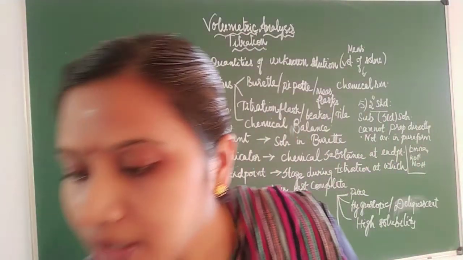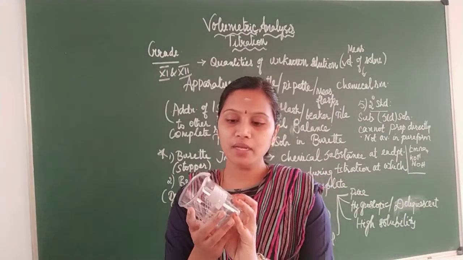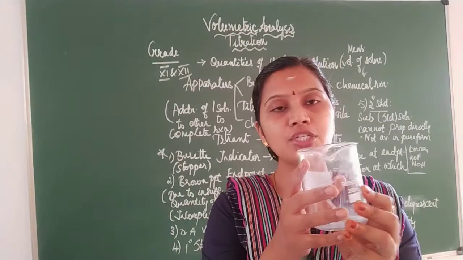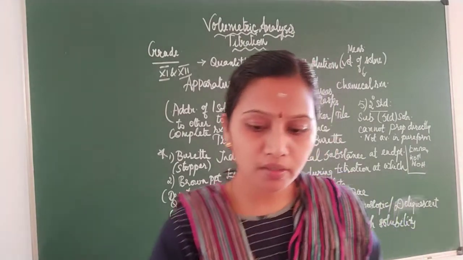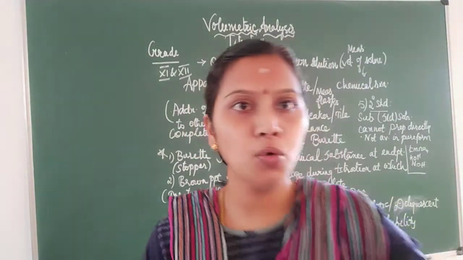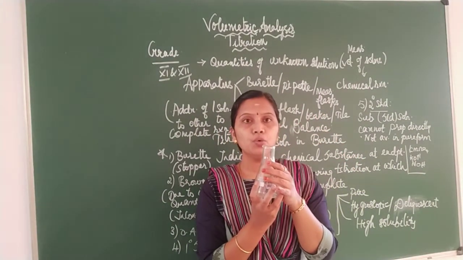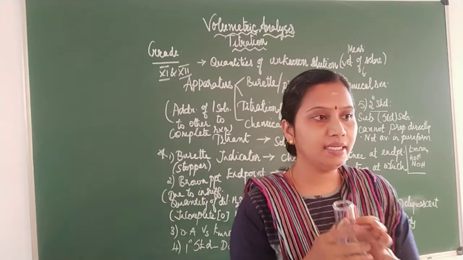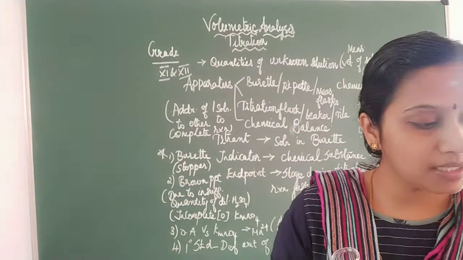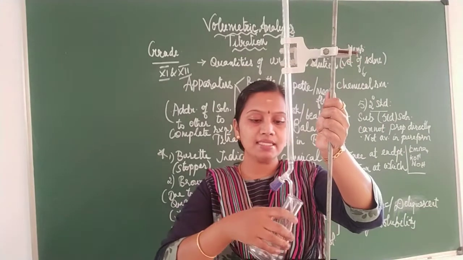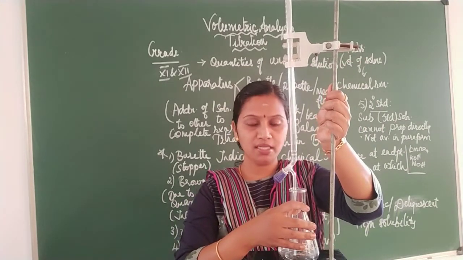And you have measuring beakers. Say for example, this is a 250 ml measuring beaker which is used to measure the volume of water, and this is the conical flask which is used for titration. So mainly for titration I need 2 equipments, that is, one is the burette which is fixed in its burette stand, and the second one will be your pipette which is here.